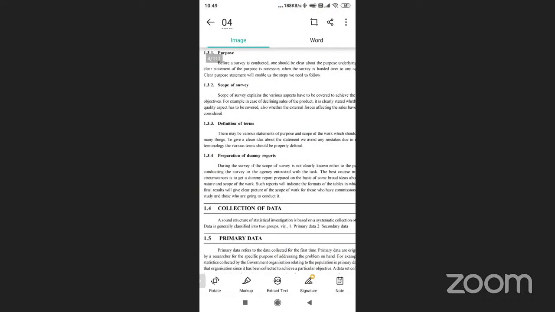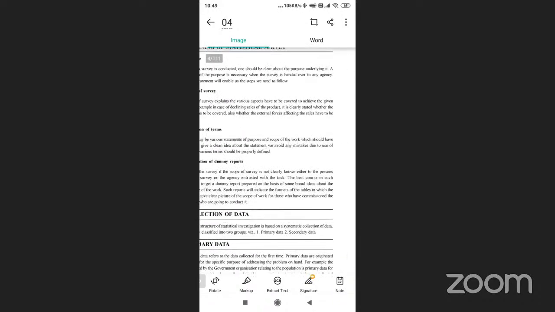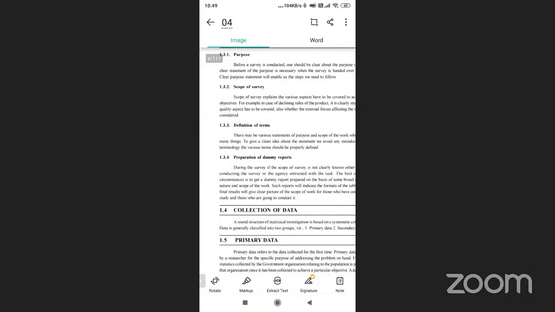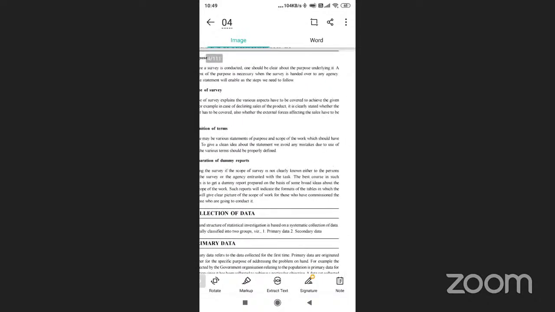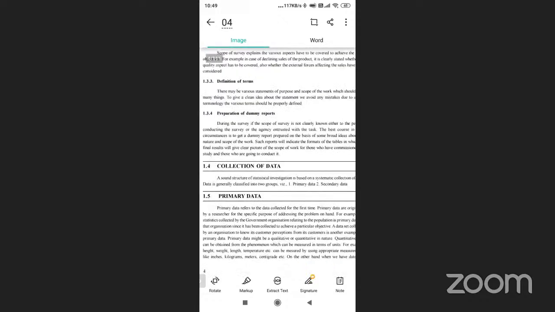A sound structure of statistical investigation is based on a systematic collection of data. Data is generally classified into 2 groups, that is primary data and secondary data. So primary data refers to